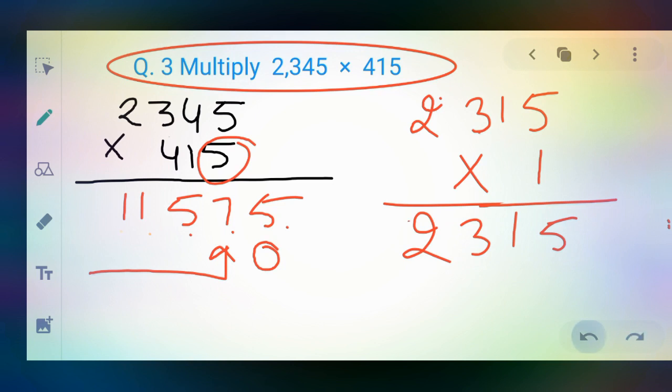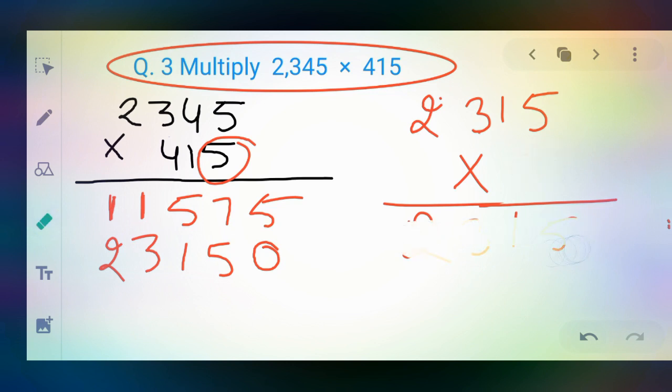So dear student, in this way we start your answer. So I write 5 here, 1 here, 2 here, and 3 here and 2 here. Okay, I will write this one here so that it becomes more clear. Now after doing this, dear student, we remove this and I want to multiply by the next digit.